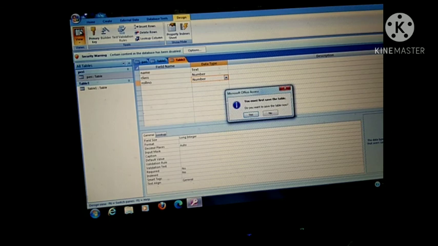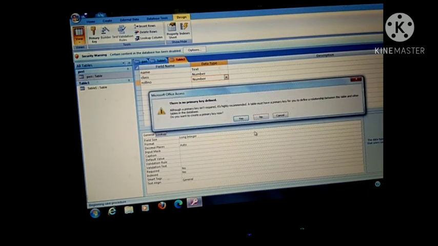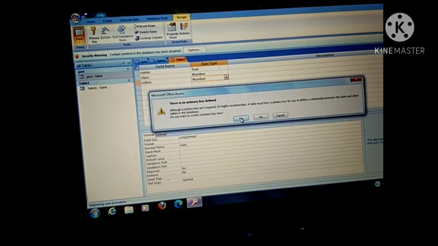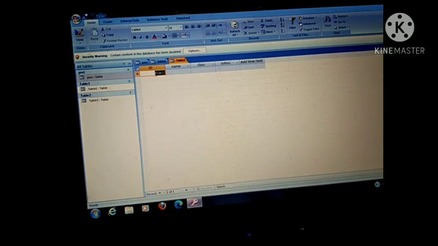When you click on this View, first you have to save this table, yes, and then a table name is there. Okay, and now although a primary key is not required, it is highly recommended that a table must have a primary key. Okay, so it means you have to select a primary key. If you are not placing any primary key, then an ID field is automatically added by MS Access to protect your database from data redundancy. Redundancy means duplicacy.